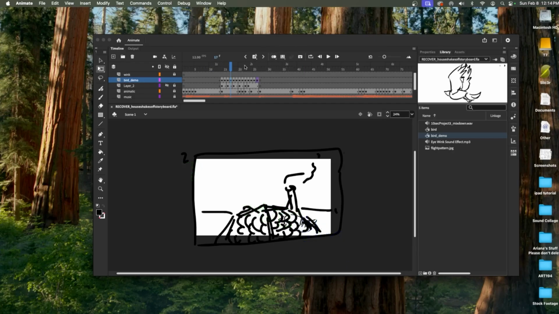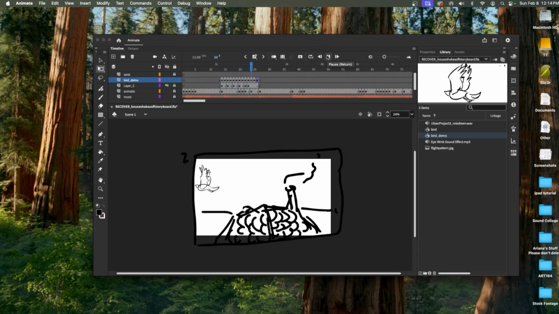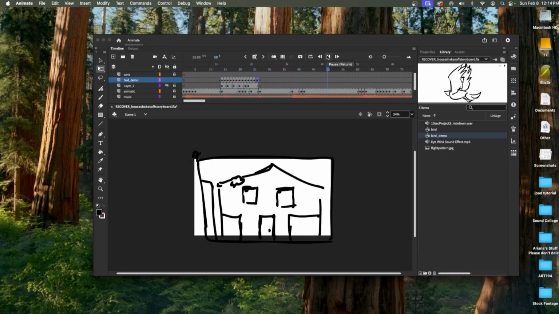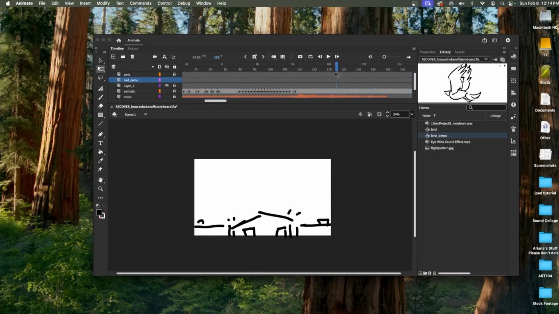Okay, turn my onion skin off. Let's see how that looks. Pretty good. Now I'm going to go to that other spot that I wanted a bird in. This spot here. And I think it might be a little bit too much time, so I'm actually going to